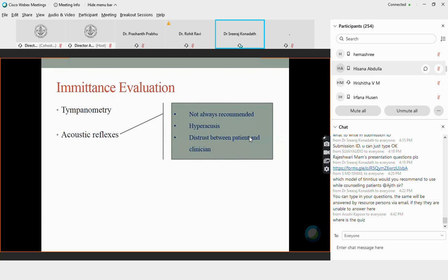But you have to be really careful when you do acoustic reflexes. Why? Because it is not always recommended, because tinnitus can be associated with hyperacusis, as I told some time back. So if you do a reflex testing, maybe for example 90 dB, 100 dB, there are people who have very low levels of tolerance, for example 60 dB or 70 dB also. So if you're going to present and get a reflex at very high levels, that can cause distrust between patient